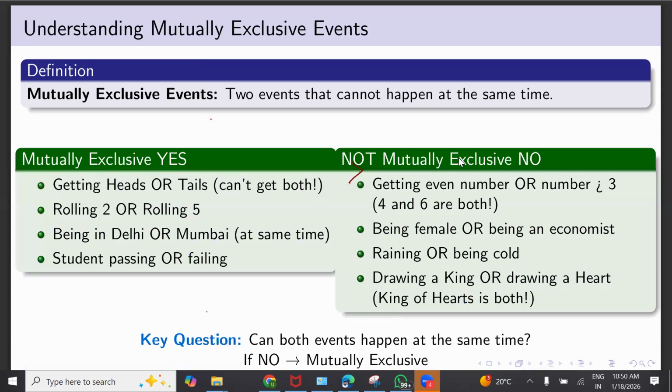Understanding the mutually exclusive event. Now the definition: what do you mean by mutually exclusive events? So